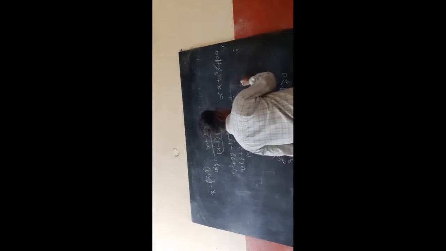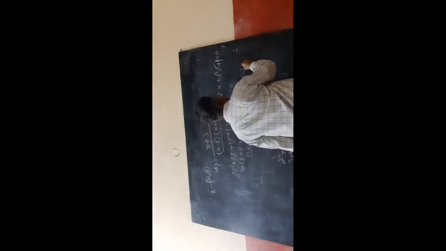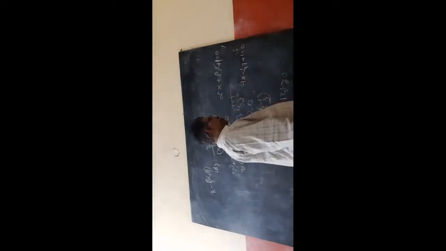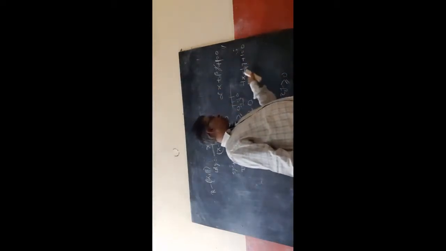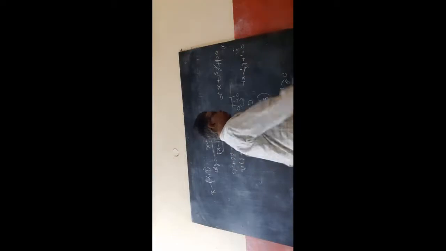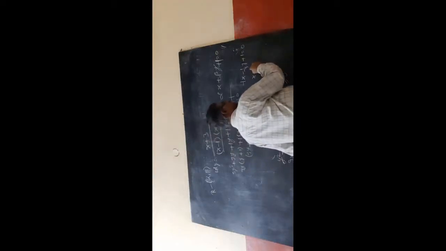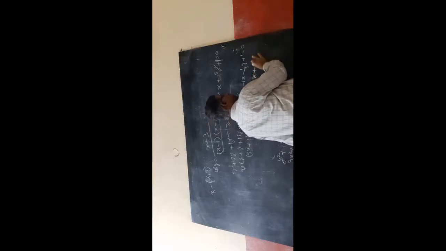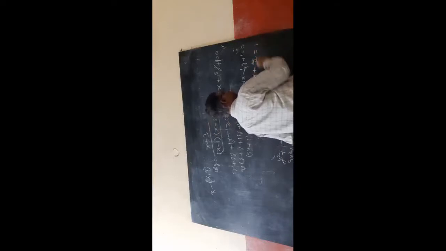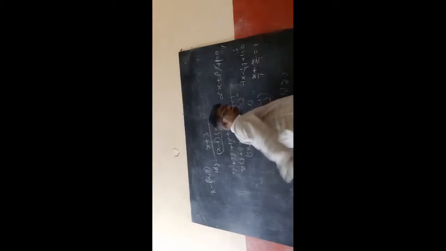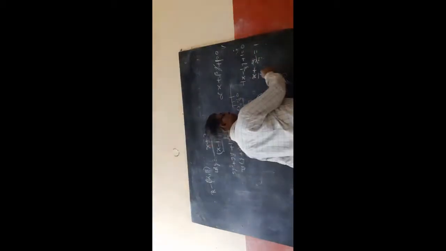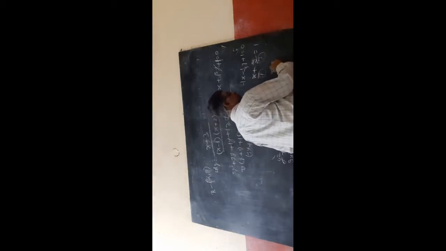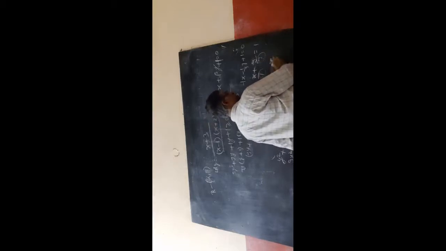So the line is minus 1 x minus 1 by 9 y plus 1 equal to 0. Now for the x intercept, put y equal to 0, so x equals 1. Or we can simply bring these two terms over: x plus 9y equal to 1. Writing x by 1 plus y by 1 by 9 equal to 1, this is the intercept form. So the sum of the intercepts is 1 plus 9, how much? 10.